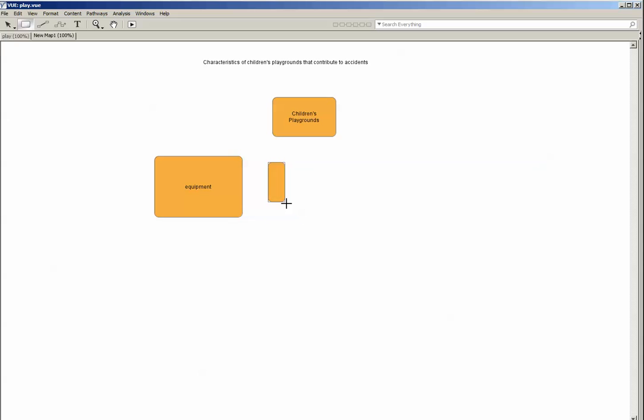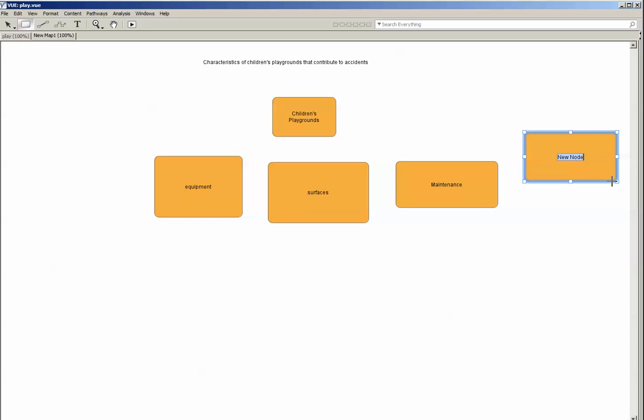For instance, children's playgrounds may well have equipment. Most of the ones I've seen have. They also have surfaces. It's important to note that these concepts relate directly to the question that's asked at the top of the page. What are the characteristics of children's playgrounds that contribute to accidents? So equipment can contribute to accidents, surfaces can contribute to accidents. We might also want to add in here things like maintenance and possibly repair, because quite often children's playgrounds need repair. Now we have 4